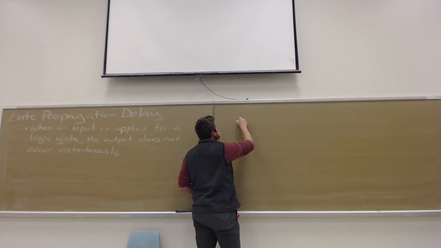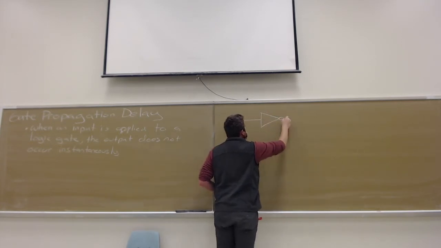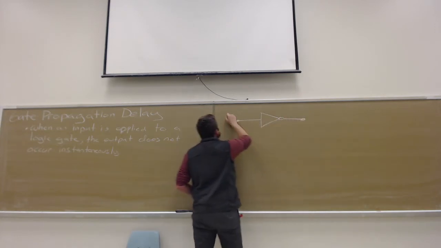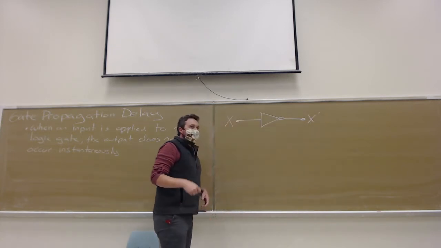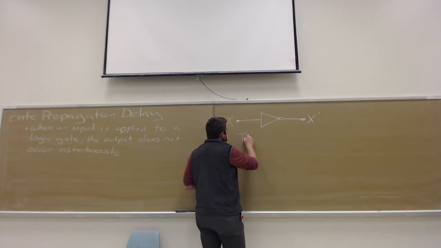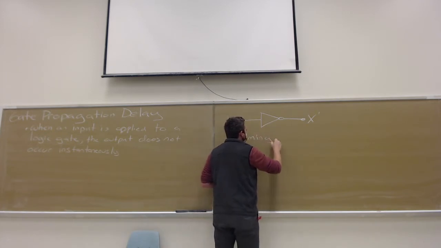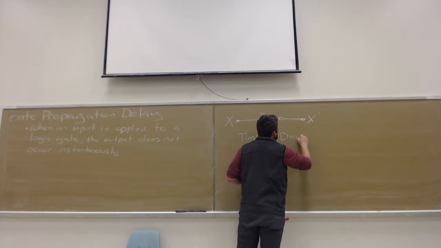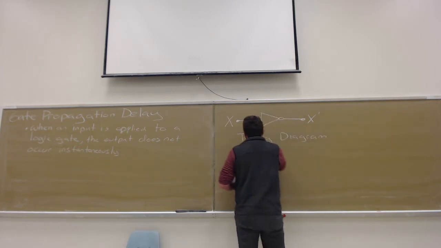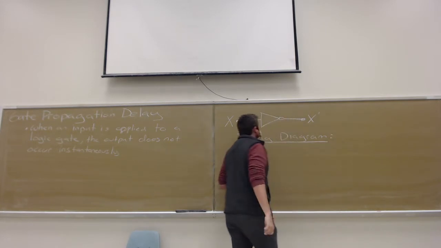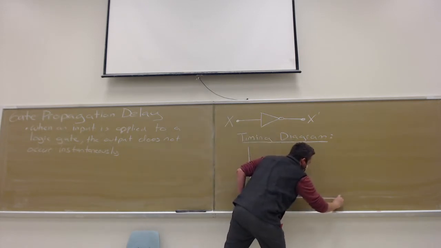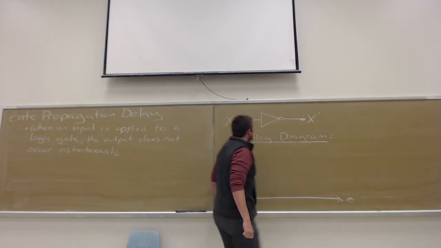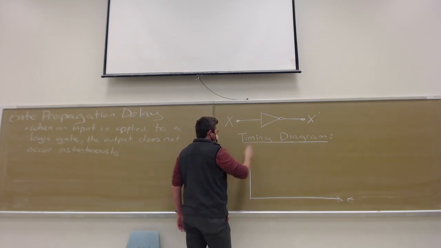So for example, we have just a simple inverter. We've got X on one end, we've got X prime on the output side, and we're going to draw a diagram called a timing diagram. And we're going to draw a lot of timing diagrams over the remainder of this course, and they'll come in various flavors and shapes. But here, the basic one is we plot a sort of 2D axis. On the horizontal axis, we put time. On the vertical axis, we don't really put anything, but we're going to note